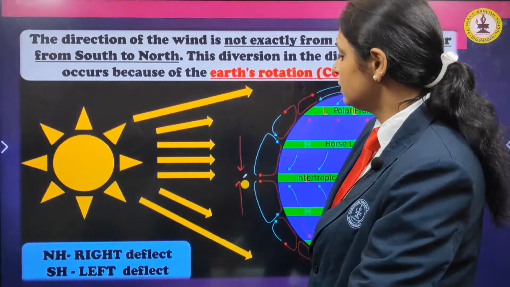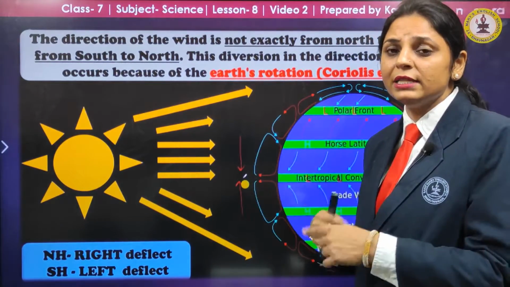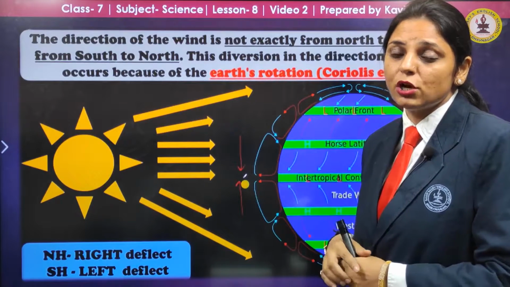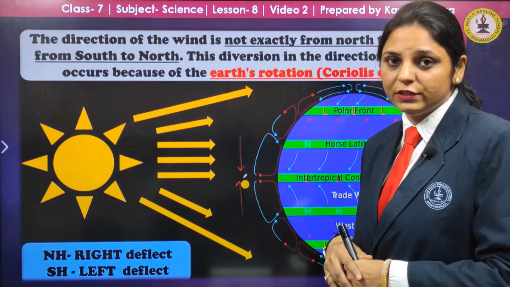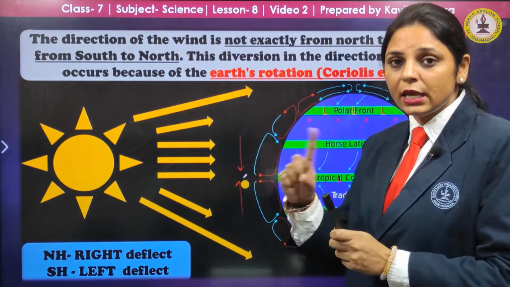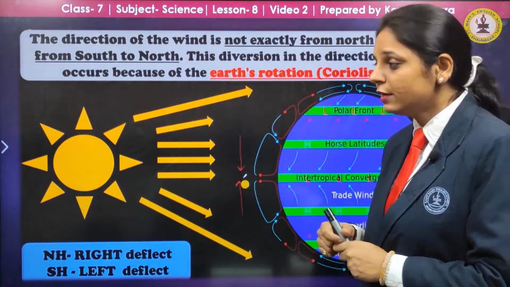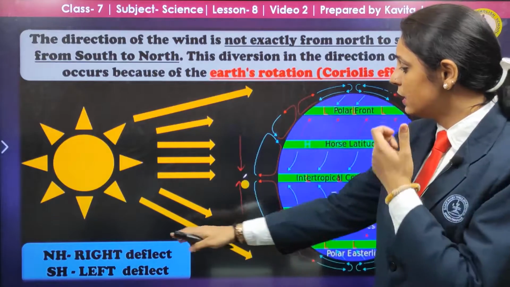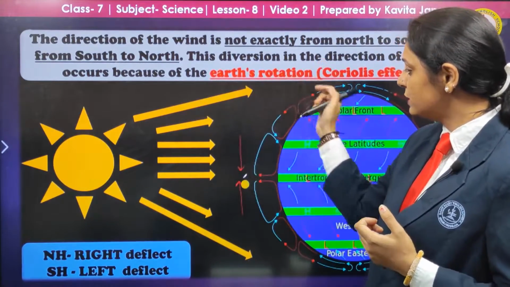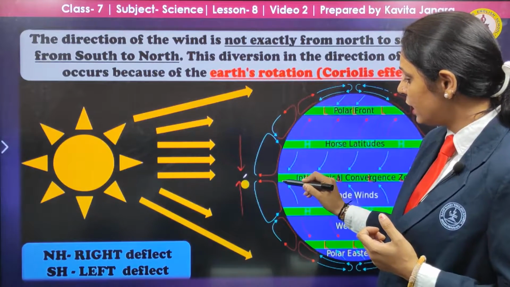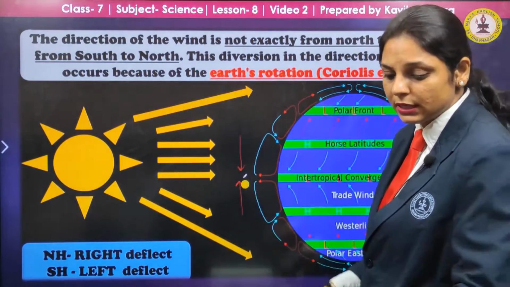Next, try to understand why this circular movement occurs. This is because of the Coriolis effect. What is the Coriolis effect? It is due to the rotation of the earth, because our earth is not fixed, it keeps on rotating, and this circular movement of the wind is because of this Coriolis effect, the rotation of the earth. You can see that in the northward direction, towards the north pole, the wind deflects towards the right side, and towards the south pole direction, it also deflects towards the right side.